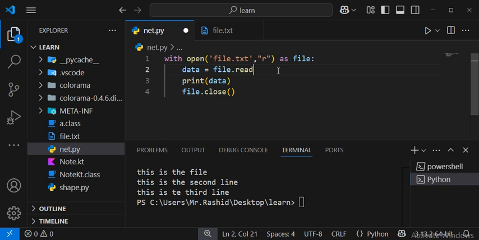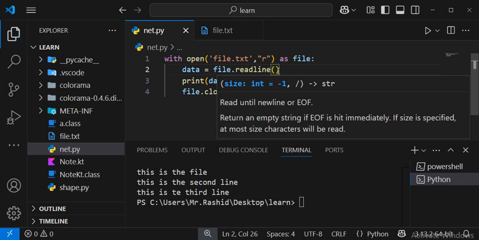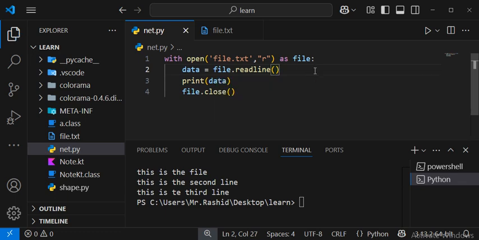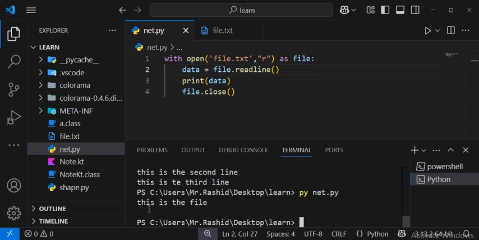So we can get data. Okay, so file.readline. So let us read a line. This one, you see, let me show you what it will do. So when I do this and I run my file, I see this is the file. So we are able to read only the first line. But we want to read the last line. So to read the last line, what we can do, we can use the